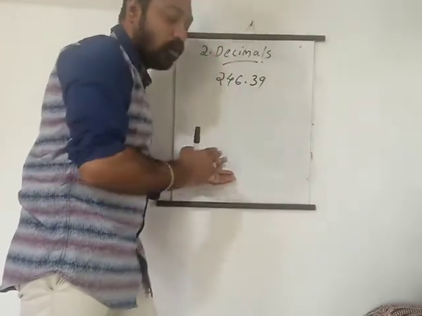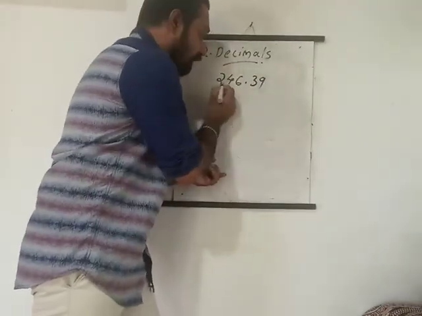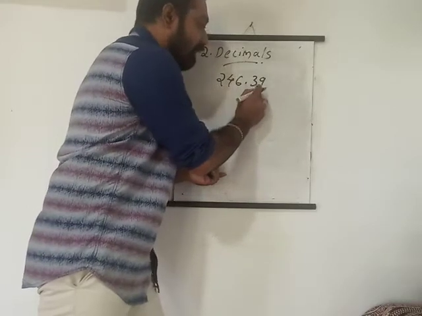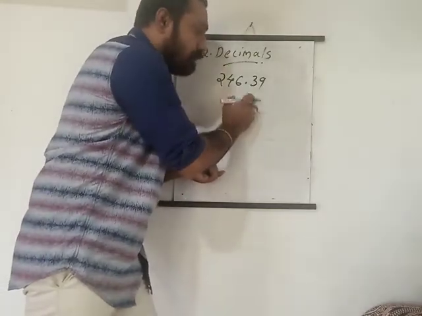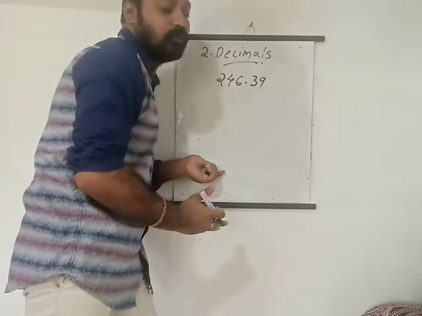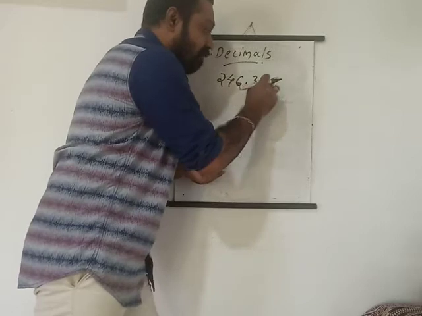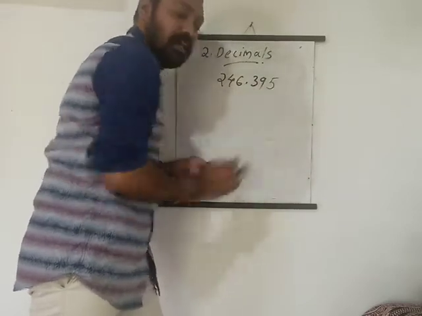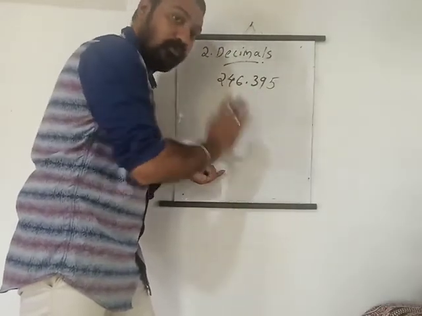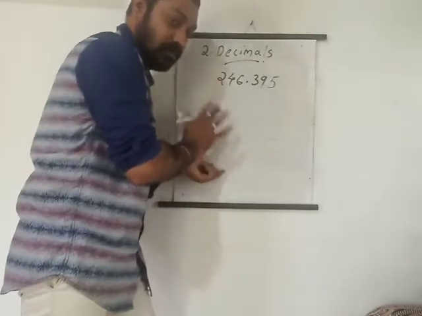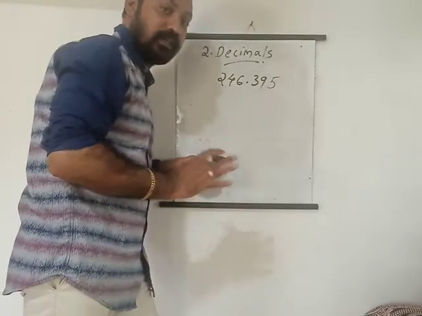Okay, so how can we read the decimal number? That is very important. Okay, so this is read as 246.39. We have to read the numbers that come after this point separately. If 5 is there, then 246.395. Any numbers that come after the point, you have to read separately. Keep this in your mind. Okay, don't forget it. Every time you read decimal numbers, the numbers after the point should be read separately. That is very important.